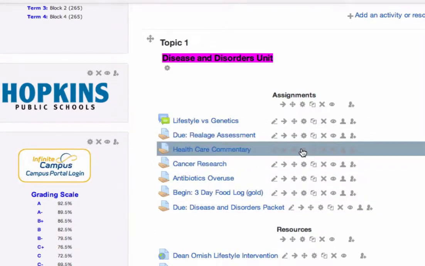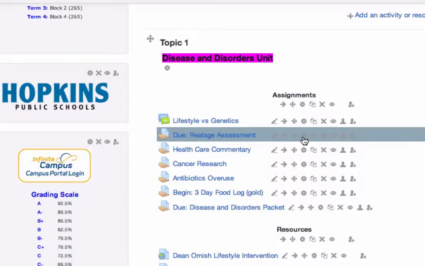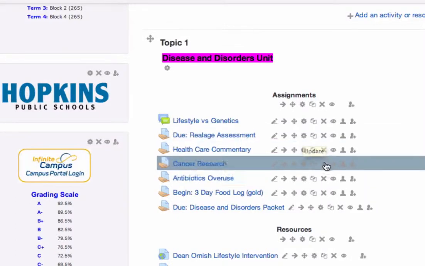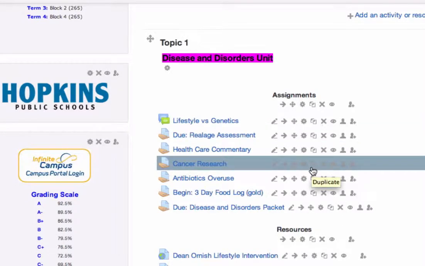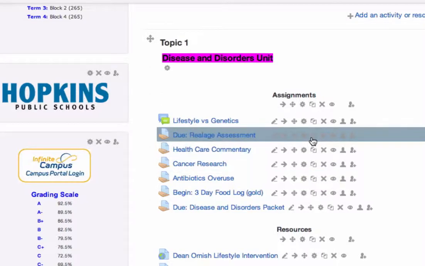So that's a move. Again, configure if you want to go in there and update that assignment. If you want to create a second assignment that's very similar in terms of your settings for the one that you're on, you can click on this duplicate option, which looks like 2 pieces of paper. And then that can be handy and make you more efficient if you are creating something that's similar to something that already exists. Delete was the X, hide, and then if you've set up groups in your class and you want to,